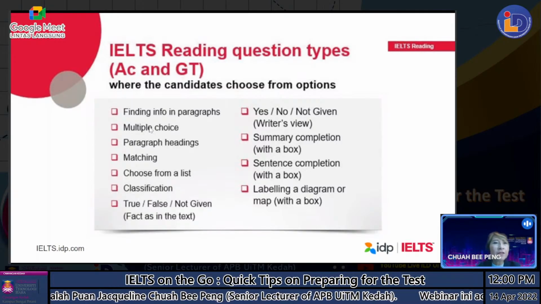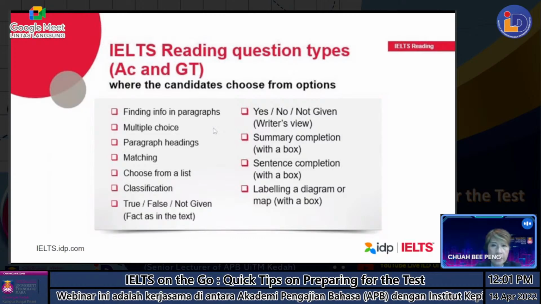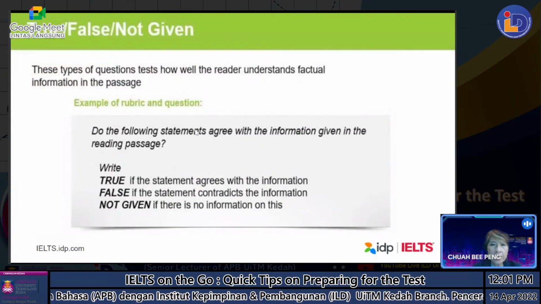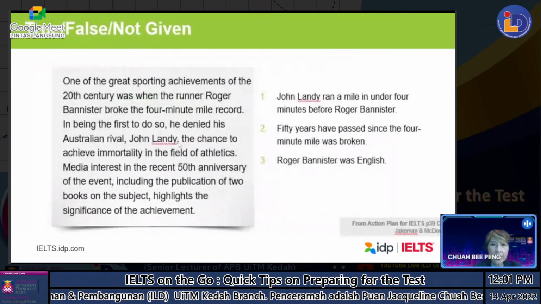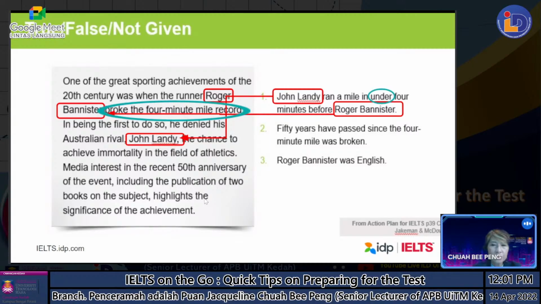Right. So I will leave it to you when you attend. If you choose to attend the more intensive workshop, the trainer will tell you this in greater detail. But that is not really part of the main part of the talk today. So I'm just giving you something extra. For example, like this. Okay. True, false, not given. I'm going to run through these. I don't have time to go through this.